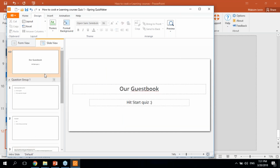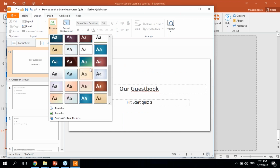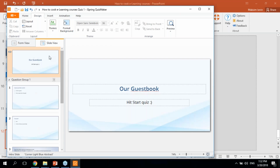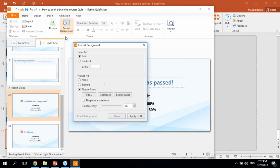Of course, your quiz doesn't have to be just a pure white background. You're very welcome to use one of the themes our designers pre-created for you. So it's possible to take advantage of some gradient pictures. There are also some other things pre-created, and if you want to use custom backgrounds, you're very welcome to upload a picture from file, or you can just go ahead and choose the background from the